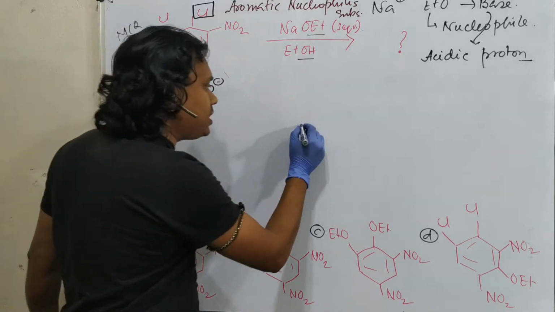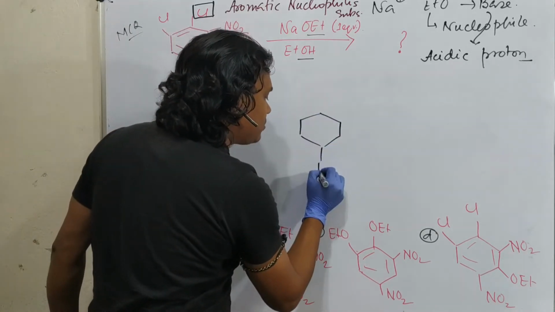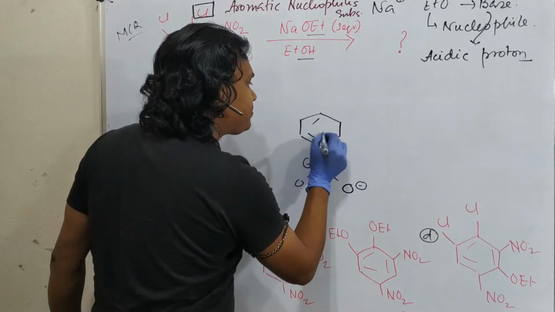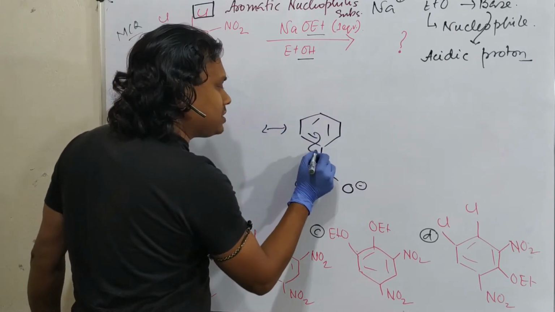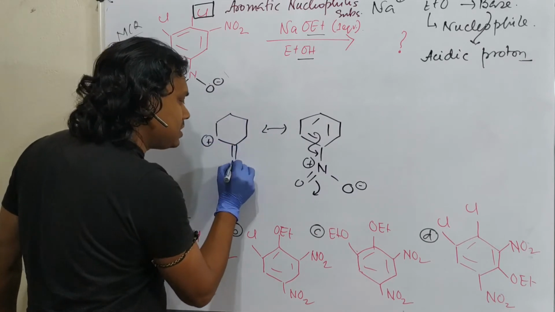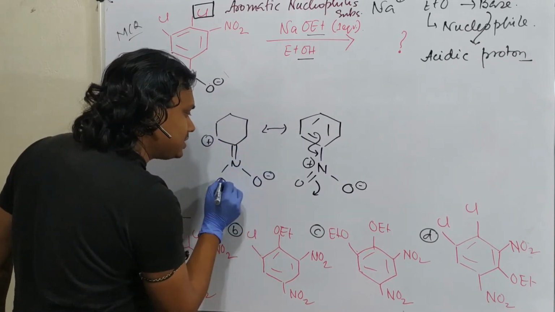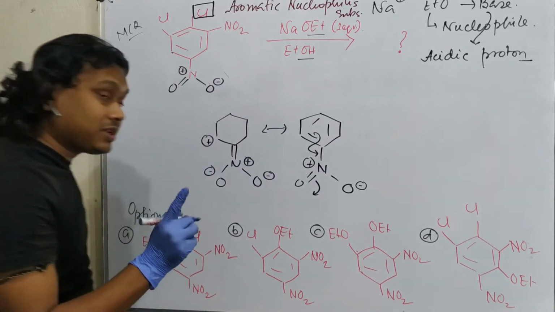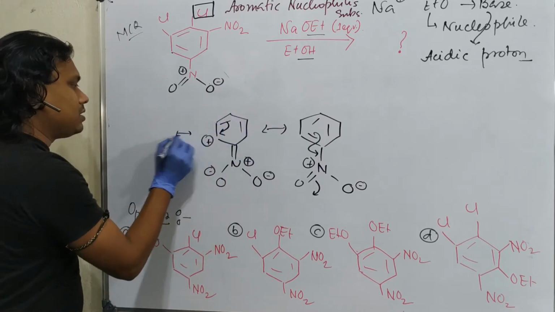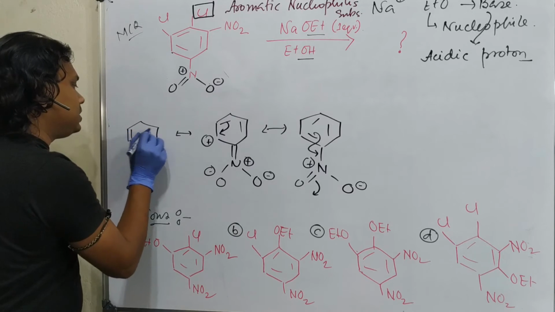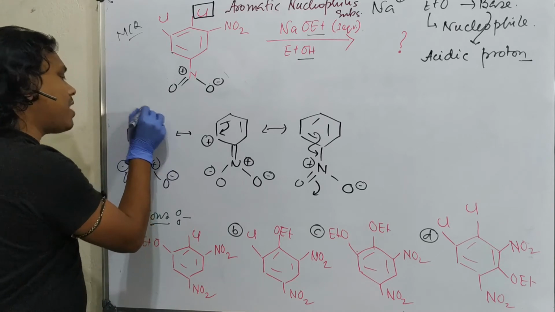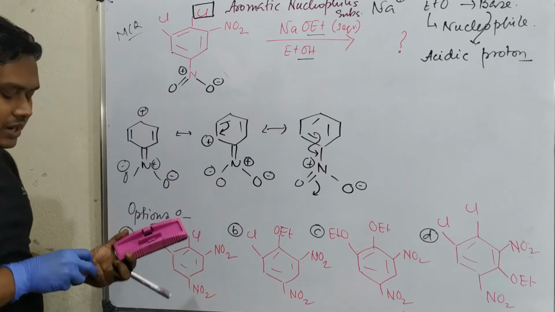By the way, let me very briefly give the canonical forms of this nitro group. For simplicity, I am taking nitrobenzene. If you draw a canonical form, the positive charge will go into the ortho position. Never forget to mention the positive charge, the formal positive charge on nitrogen. Generally, students make this mistake. Similarly, the positive charge can go there. No, I am not going to draw any more canonical forms.